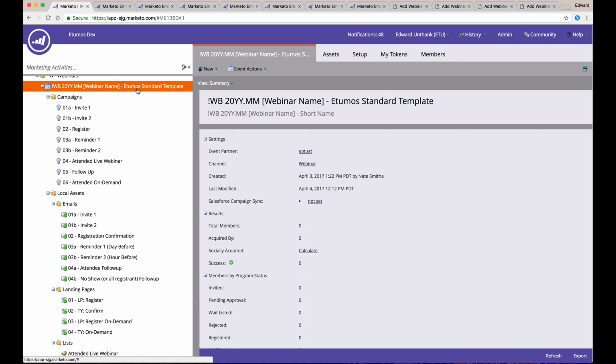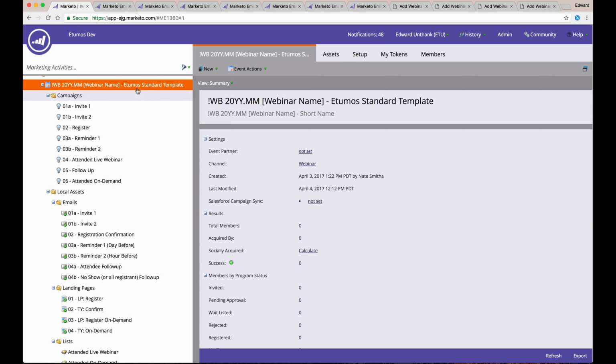So the token structure is where all of the meat comes from, and I'll be hoping to walk through each of these individual pieces, and give you a little bit of depth on why we named certain things, what we're using, and why we're doing certain approaches. We've done a bunch of these different templates for webinars, tried a bunch of different approaches, and this is what we've come to be the largest